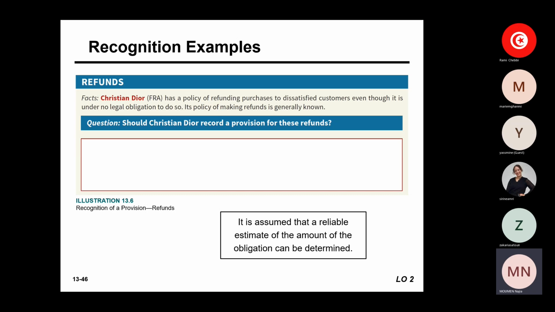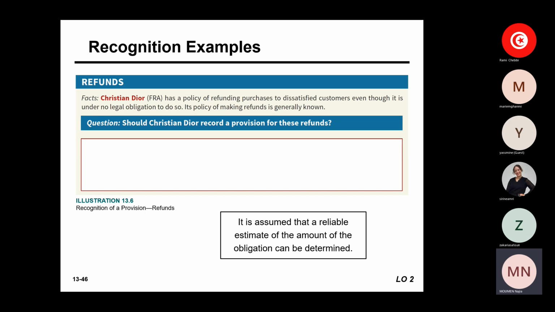And this is not only the situation for Christian Dior. Actually, all the prêt-à-porter firms in developed countries, in France or in other countries, give you 30 days to return items, and you will be fully refunded. You may be unsatisfied with the quality, the type, the shape, or any other issues regarding your purchase. You will be able to return it, and of course you will be refunded.